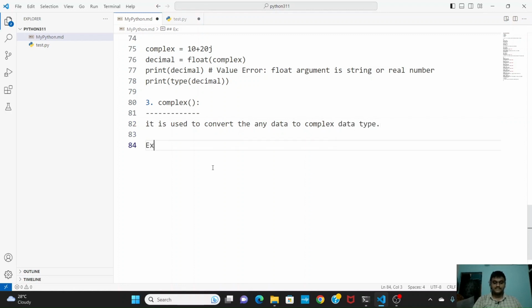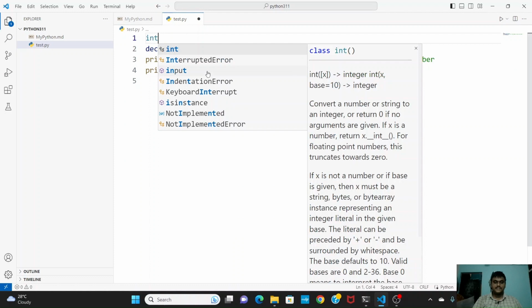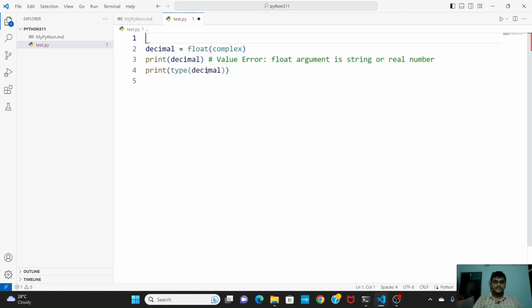We will see examples. First, take the integer num equals 10. If we pass num to complex,